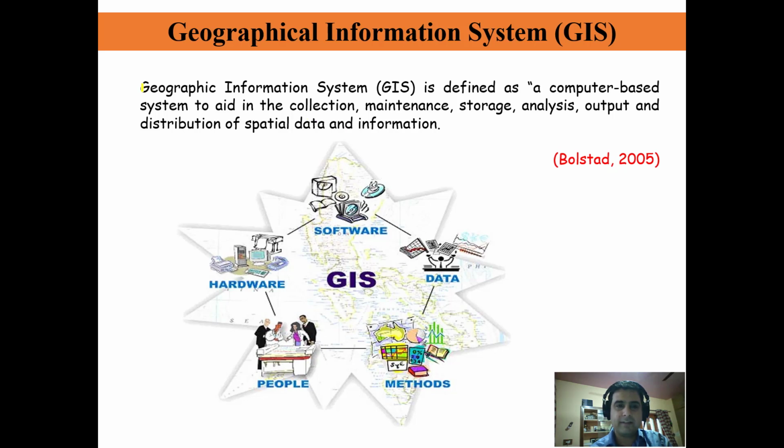If we go by the definition, geographic information system is defined as a computer-based system to aid in collection, maintenance, storage, analysis, output and distribution of spatial data and information. Geographical information system